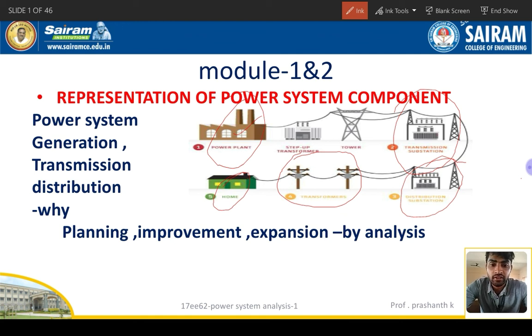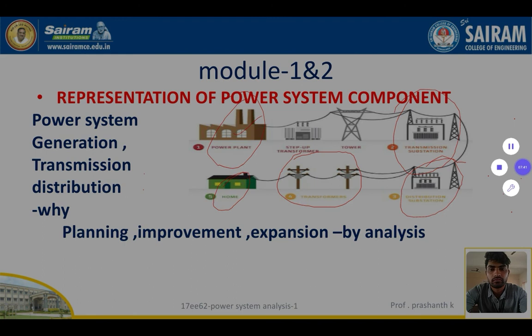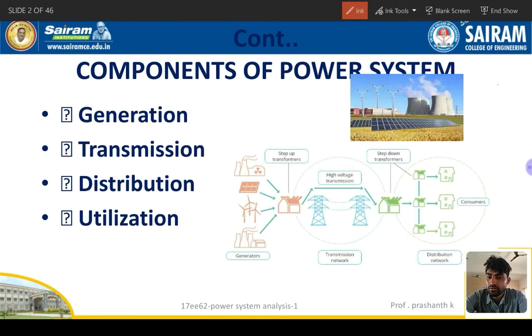Next there are transformers here. This one is a step down transformer for stepping down 11 kilovolts to 415 or 230 volts. Then afterwards we use this power. So generation is this one, transmission of power is this, and distribution of power is this one. Transmission, distribution and utilization. So previously we discussed only generation, transmission, distribution.